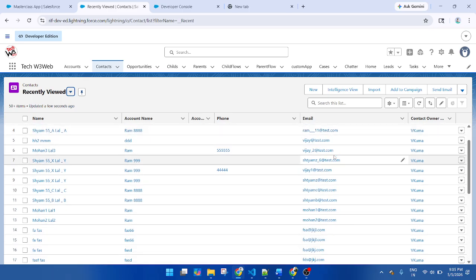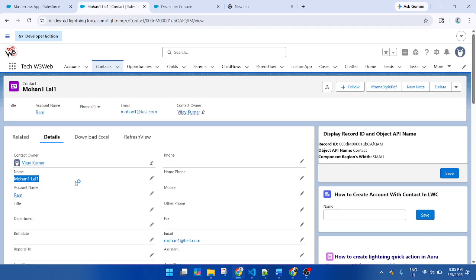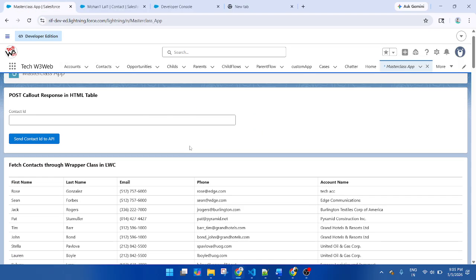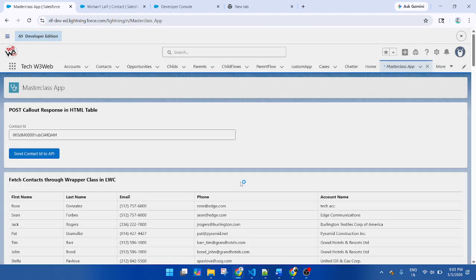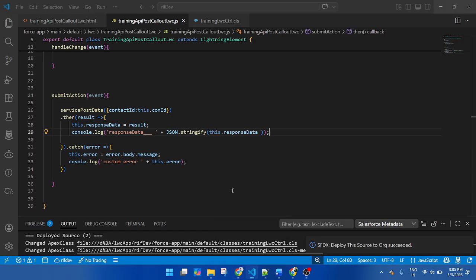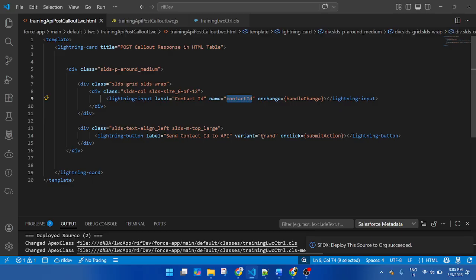Let's suppose I am opening this one, Mohan one. This is a contact record. Copy the ID of the contact and open. Here I want to pass it, but it displays wrong because the function is not working. Now let's check why not. event.target.name, named contactId.